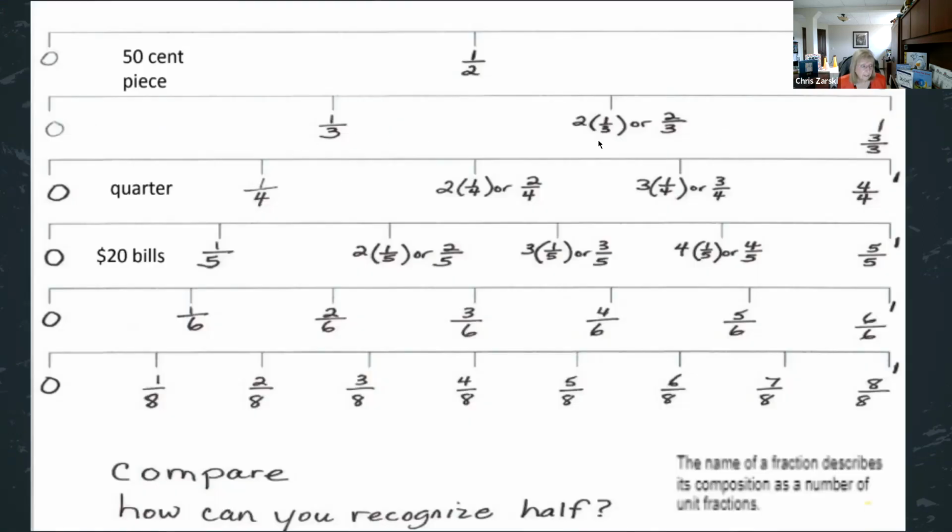So when we were looking at these kinds of questions, this is where we want to say, how could I get 4/6? I could have 4 hops of 1/6. How do I get 4/8? It could be 4 hops of 1/8. How are 4/6 and 4/8 the same? Well, the numerators are the same, but the denominators are different. The unit fractions are different. And you have a part in there where the numerators are the same.